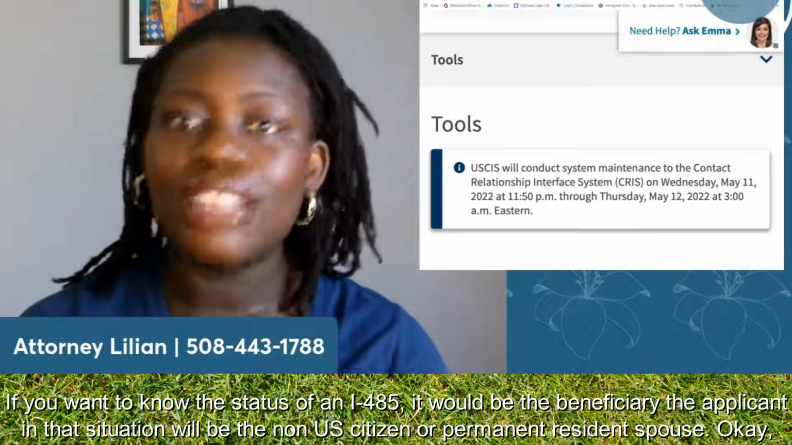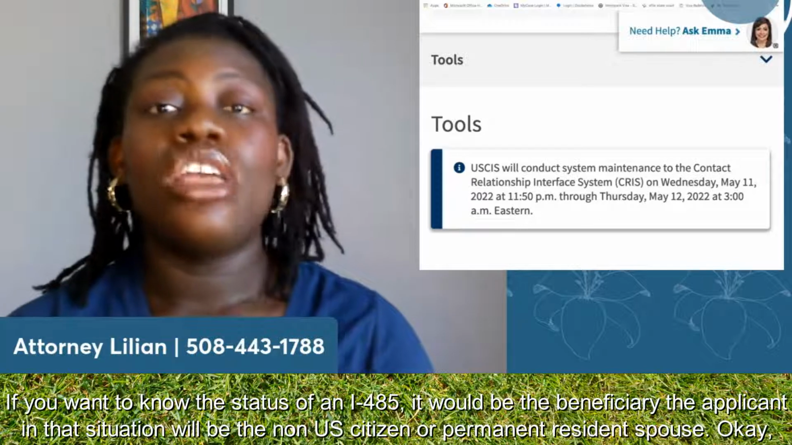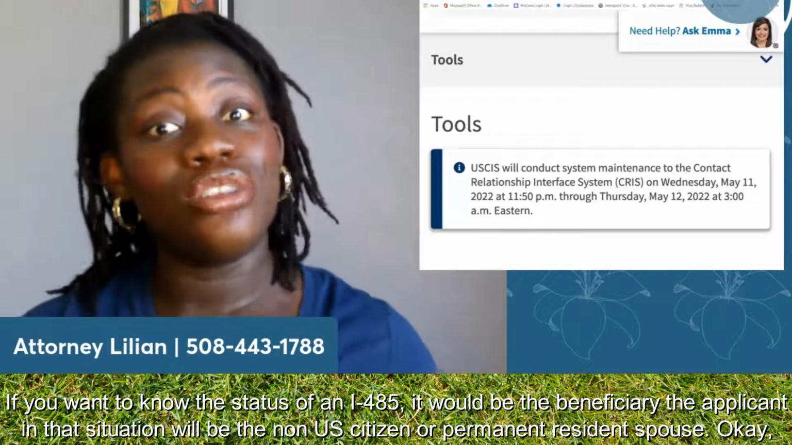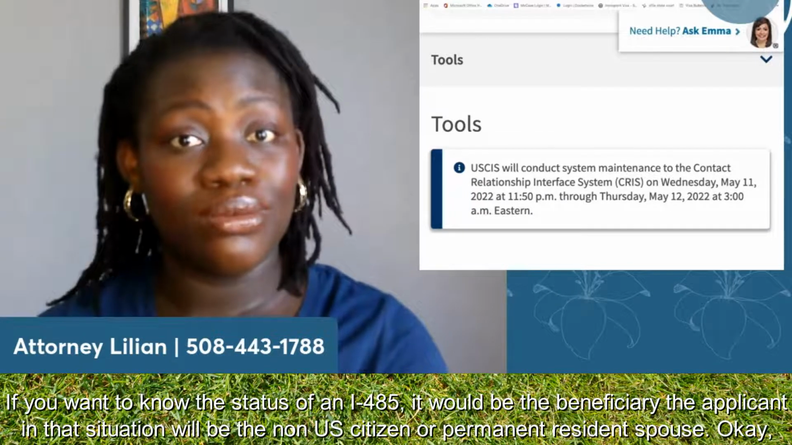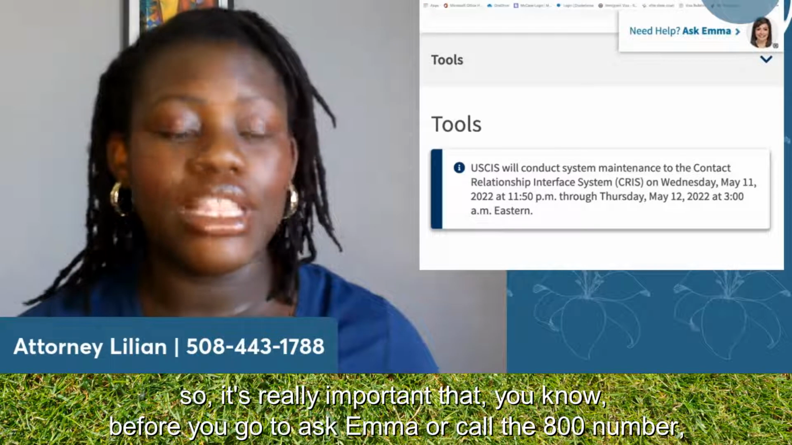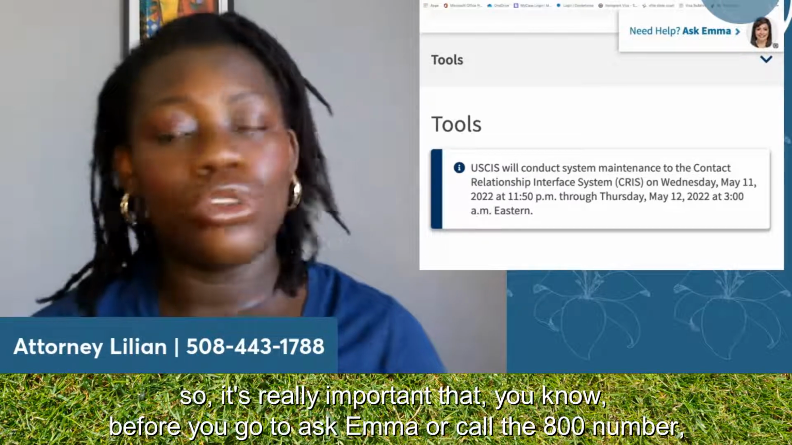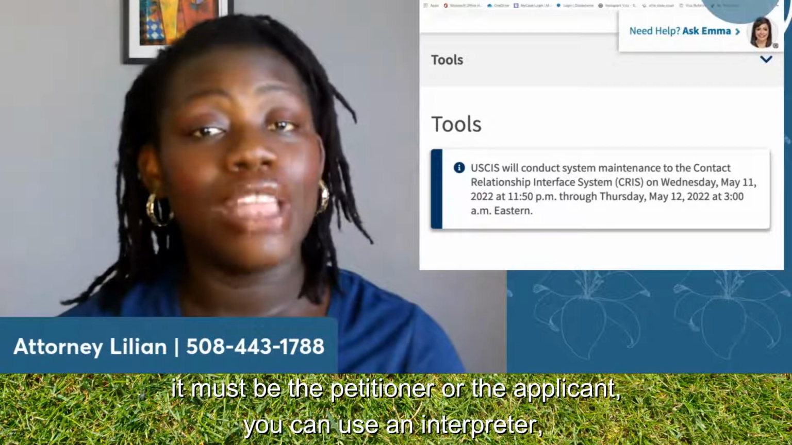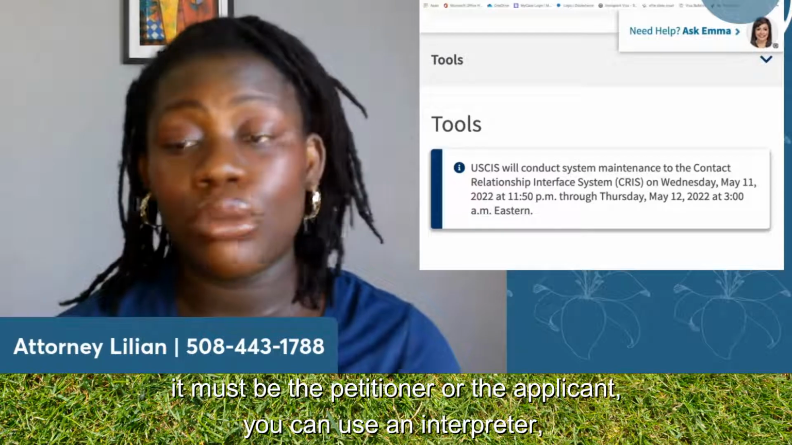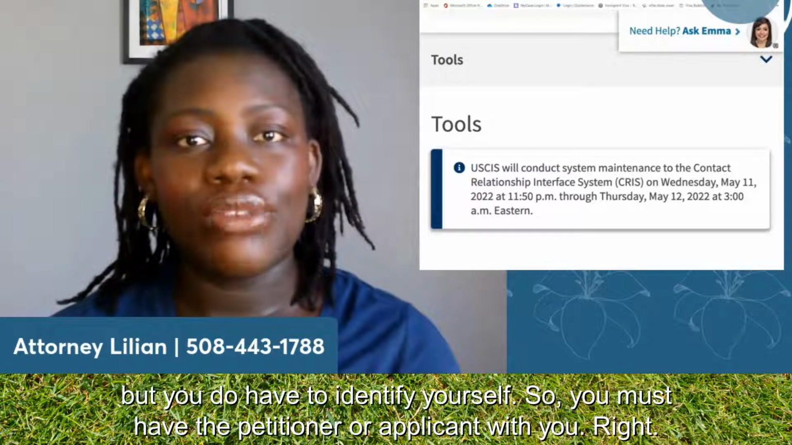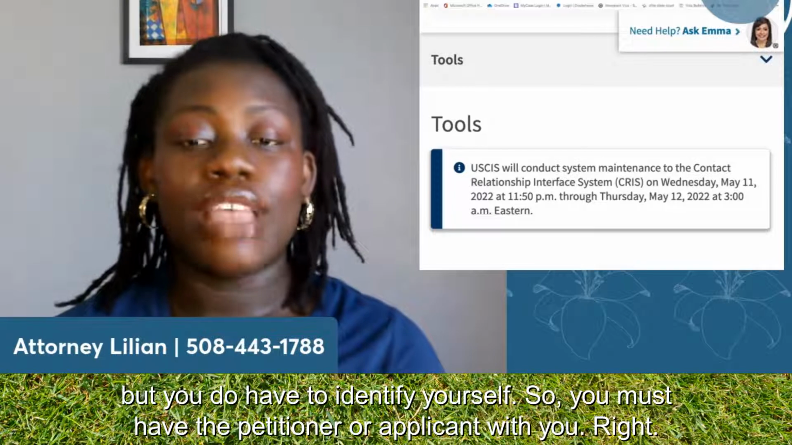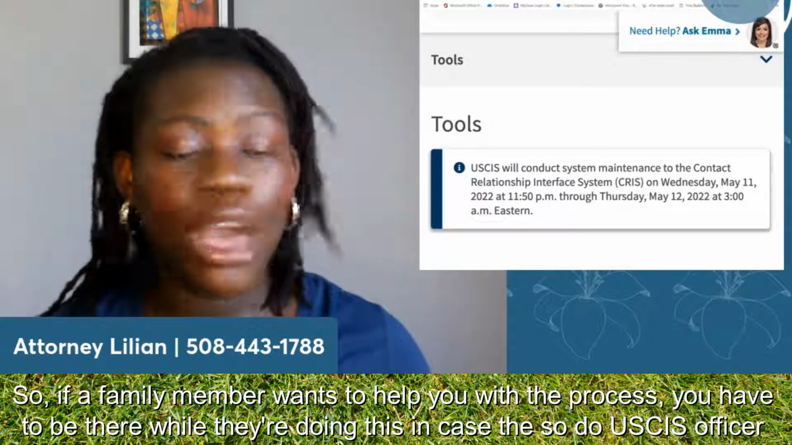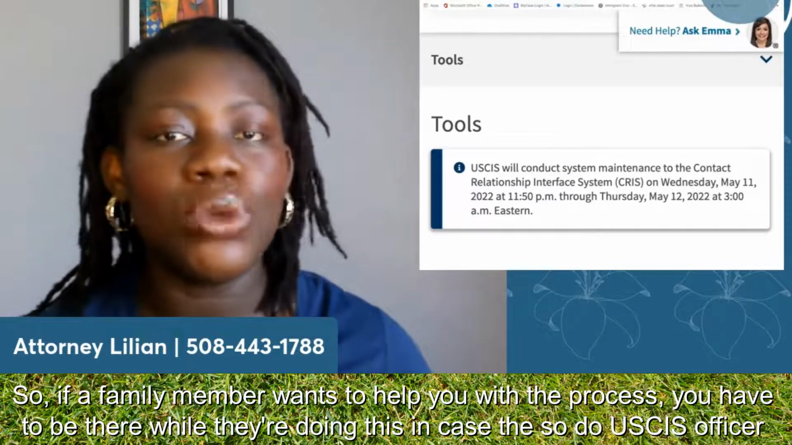If you want to know the status on an I-485, it would be the beneficiary, the applicant in that situation will be the non-U.S. citizen or permanent resident spouse. Okay, so it's really important that you know before you go to Ask Emma or call the 800 number, it must be the petitioner or the applicant. You can use an interpreter, but you do have to identify yourself. So you must have the petitioner or applicant with you, right? So if a family member wants to help you with the process, you have to be there while they're doing this in case